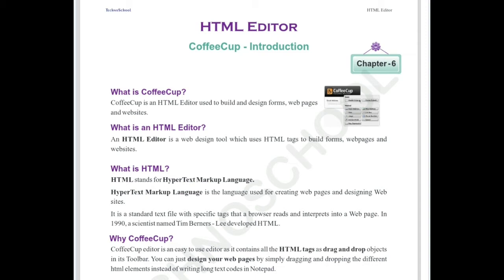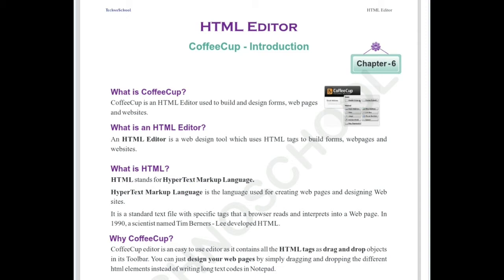Why Coffee Cup? Coffee Cup editor is an easy to use editor as it contains all the HTML tags as drag and drop objects in its toolbar. You can design your web pages by simply dragging and dropping the different HTML elements instead of writing long text codes in Notepad.